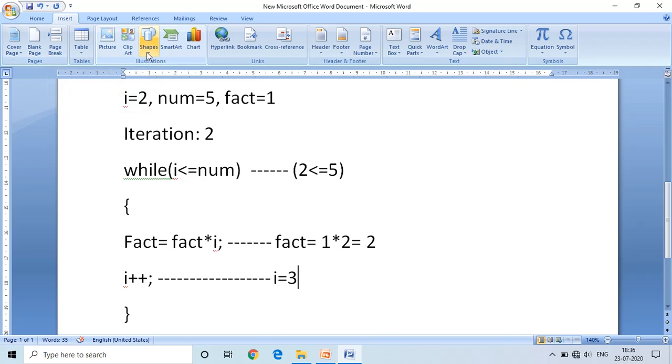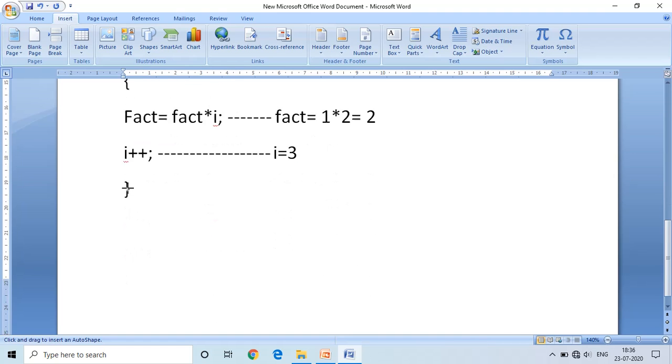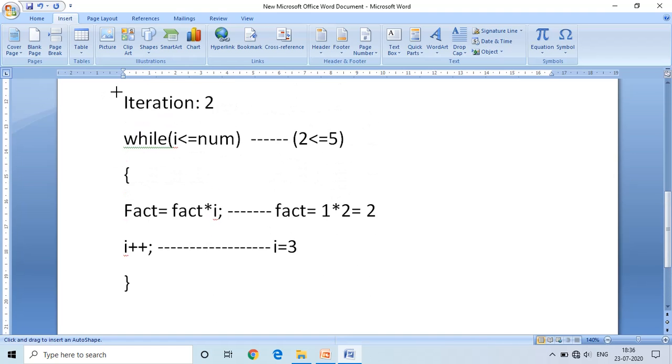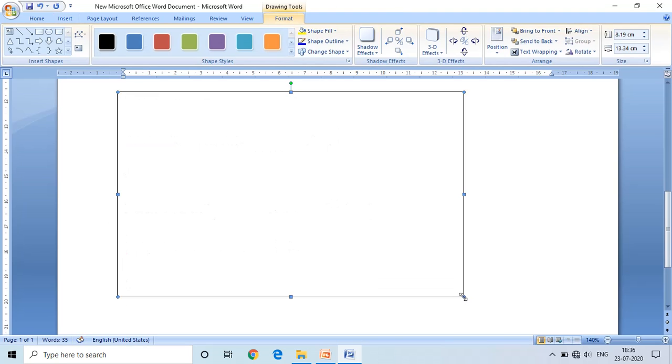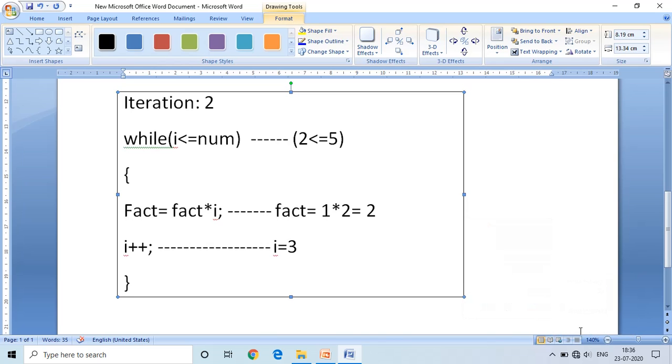We will separate this second iteration. This is the second iteration.